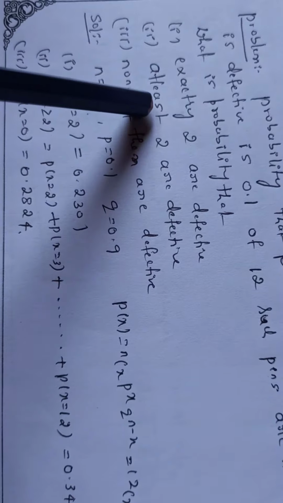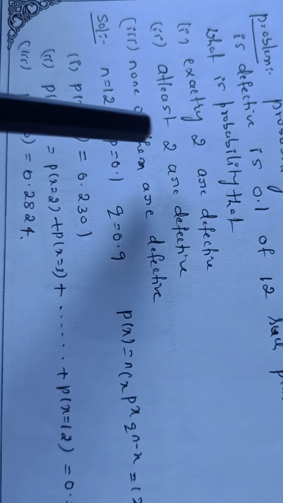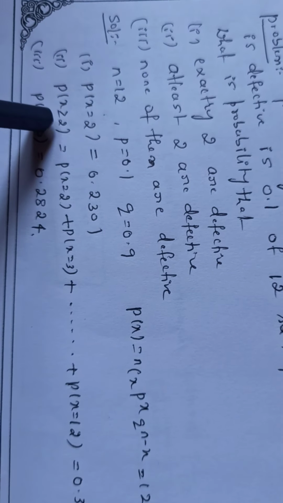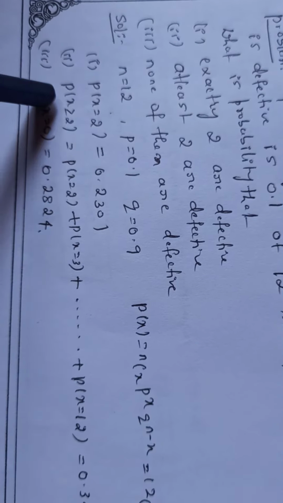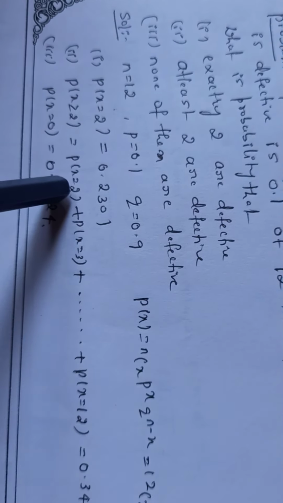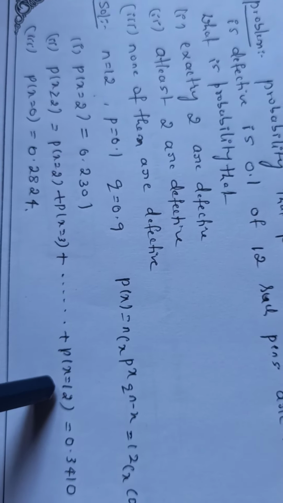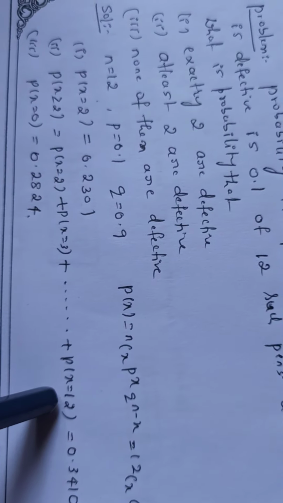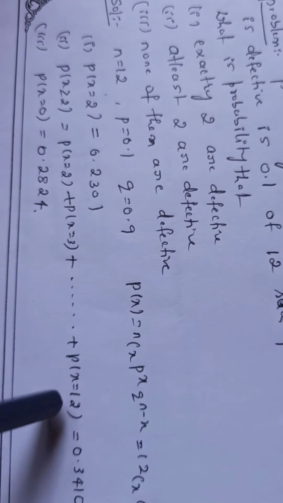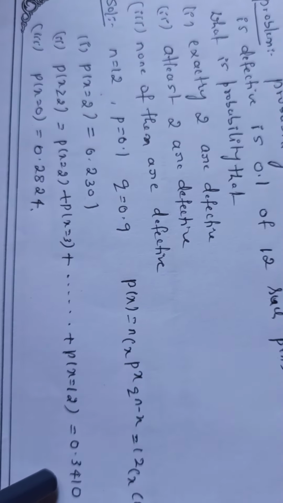So next we have to find what is the probability that at least 2 are defective. So it can be at least 2, in the sense minimum 2 or more than that also. So you have to use the inequality greater than or equals to 2, so that the probability of x greater than or equals to 2, in the sense starting from 2 you have to take all the values up to 12, because your n is 12, the maximum number of pens is 12. So substitute the value of x as 2, 3, 4 up to 12 and add all the values. You will have an answer as